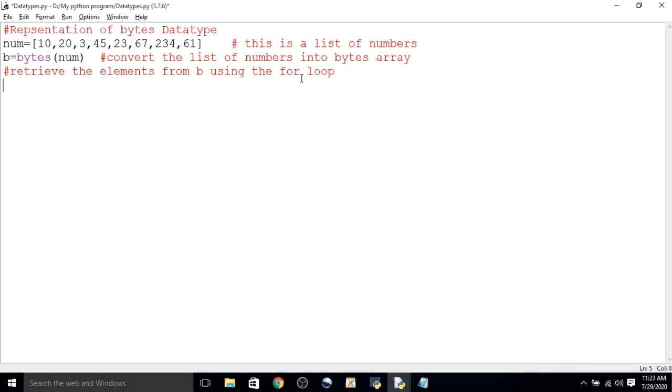Now we have to write a for loop for this: for i in b, then display the value stored inside i. Look at it. Save that program.